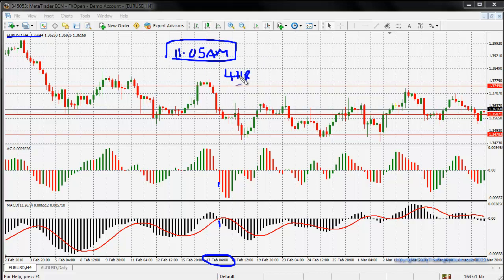And you come in and you're like, oh, okay, so I've got to wait 55 minutes before this bar completes itself, and when it does, this will then turn into 12 noon. So you just basically go in on the next bar,